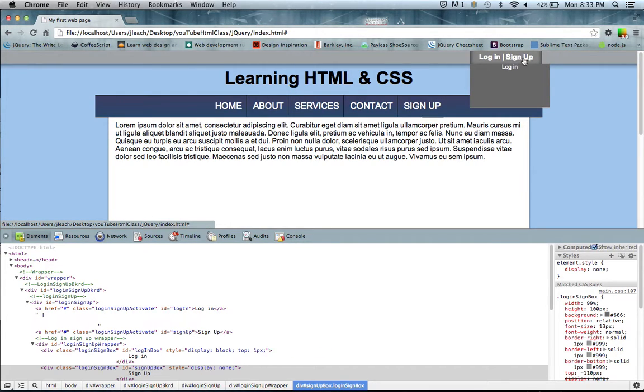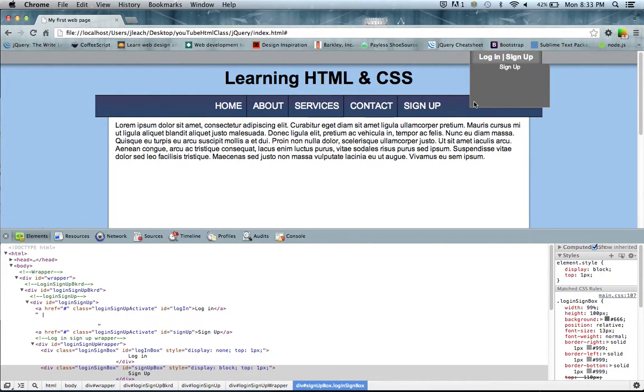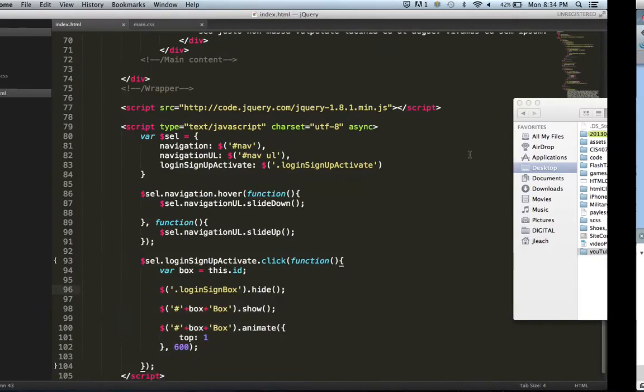Log in and sign up. So now we don't have it jump out down here because this class is actually hidden, and so it allows at least this time one click and it shows the two different ones. We still have to create it where it resets the animation when you click on these,